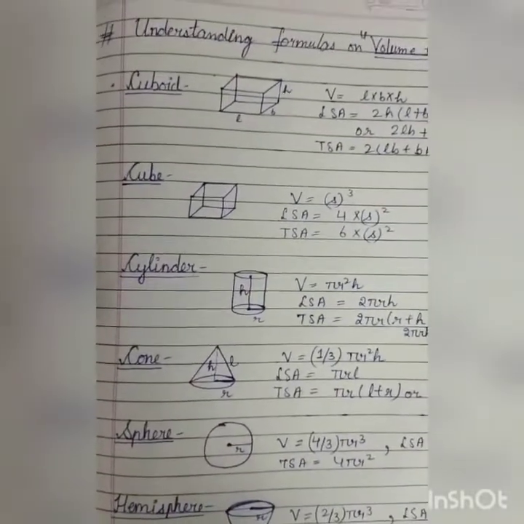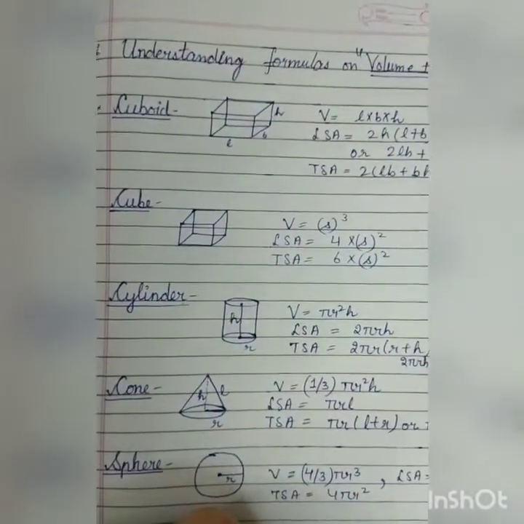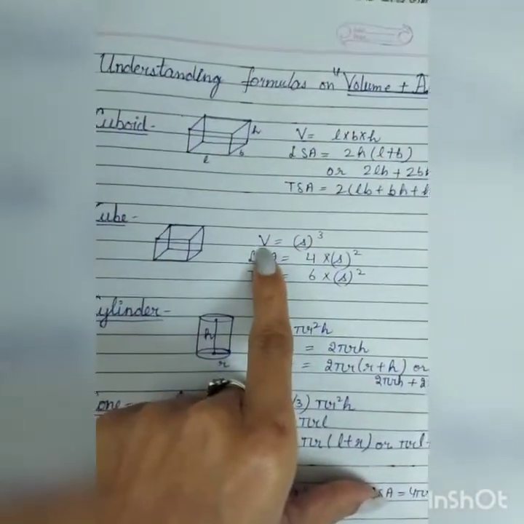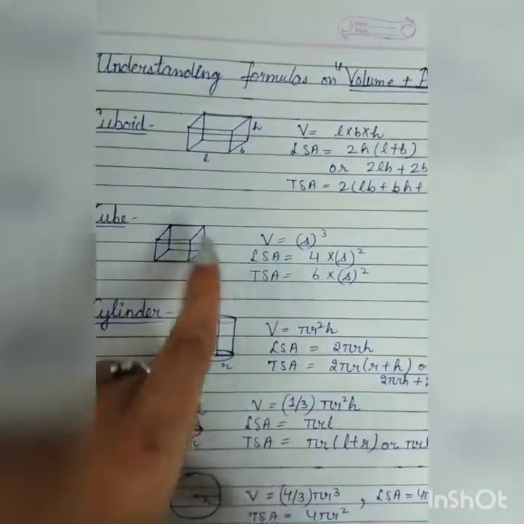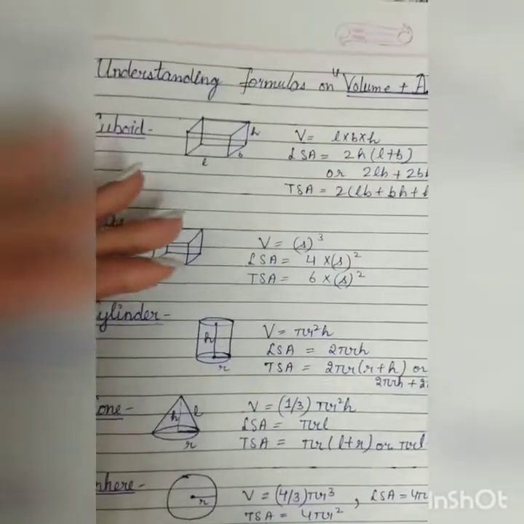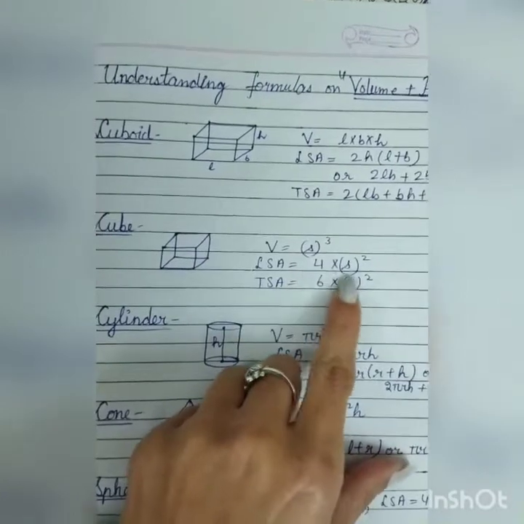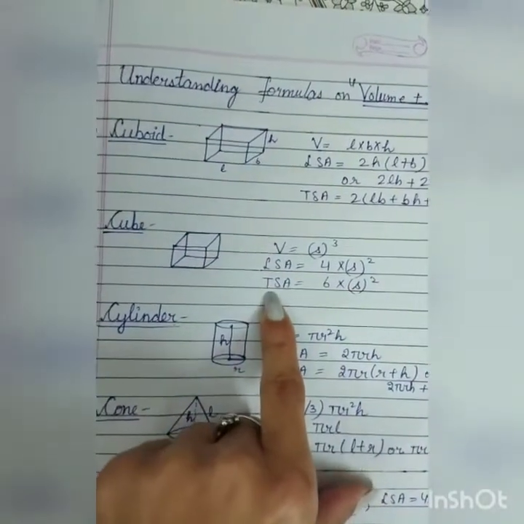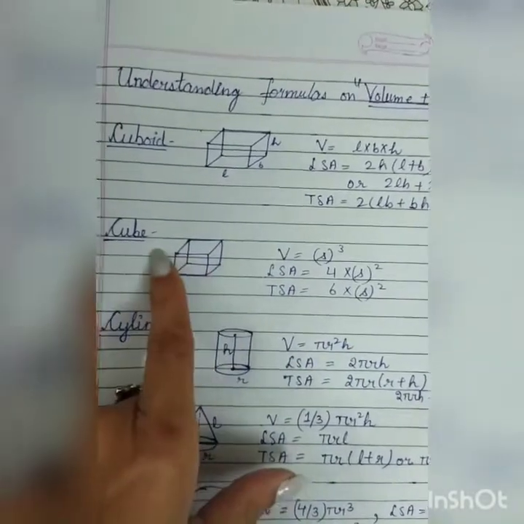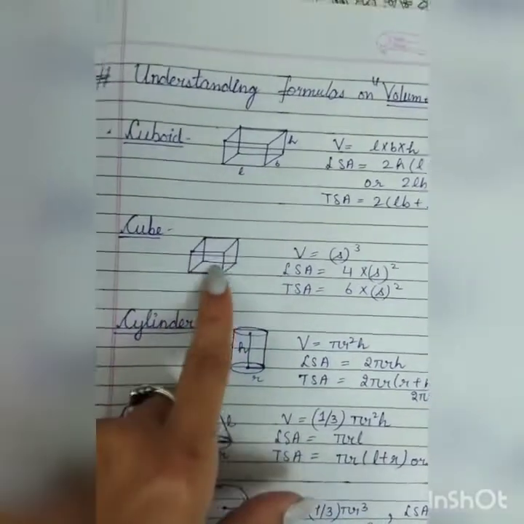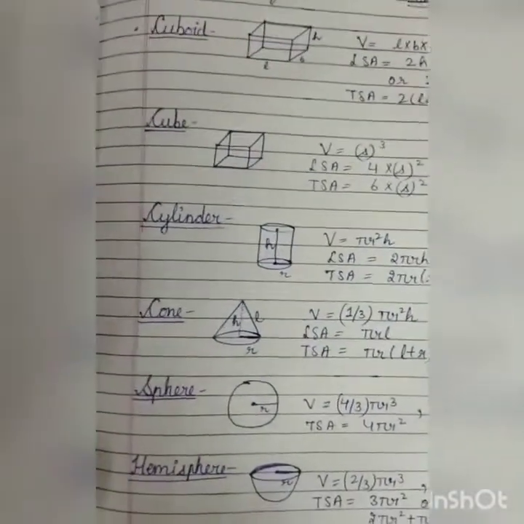The next one is cube. All the edges are equal in length, so we get the formula of volume as side cube. Lateral surface area, same concept. If you see it from the front side or from the top or from the side wall, you will get 4 faces, so its formula is 4 into side square. And in total surface area, you will get 6 faces: top, bottom, sides and back and front side, so 6 into S square.